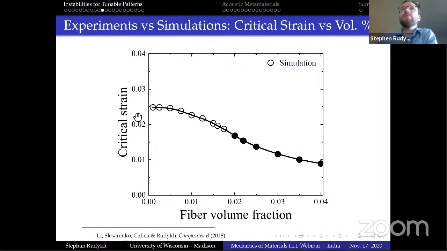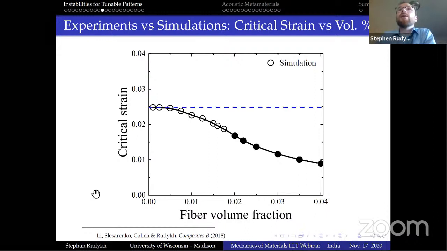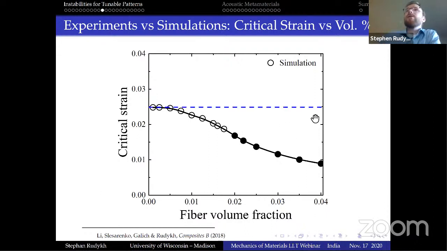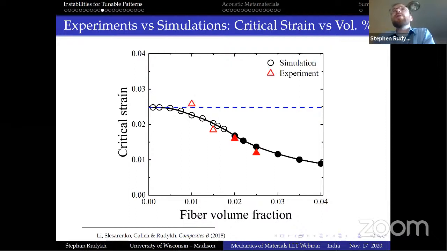So this is a simulated trend, and this is for a limited case when we have a single fiber. We hope that the simulation, of course, converges when we have a very small volume fraction to that level, so that gives us some level of confidence in the simulations. And then when you put the experimental results here, that follows the trend very nicely,